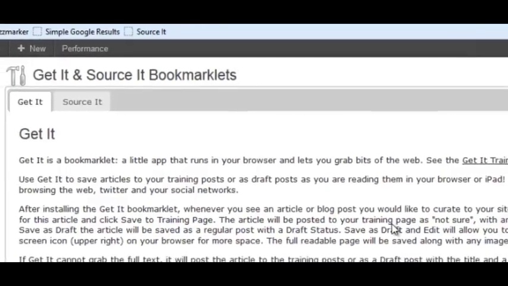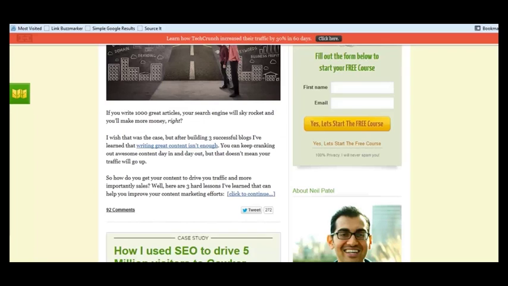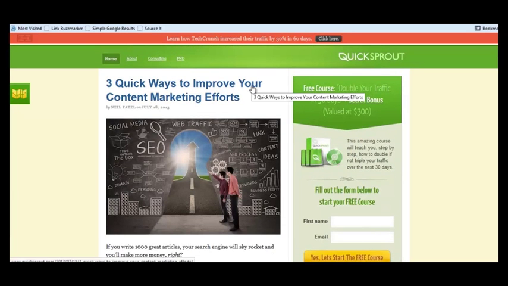And now I'll show you actually what the plugin does and explain it in a little more detail. So let's say that you want to curate content. You want to do the 10 best, whatever, posts of all time, or if you just want to keep informed about what's going on in the industry. This is basically a Google Reader within WordPress. So let's say I wanted to get some information about Quicksprout, and I wanted the feed into this page that I was going to curate. So you'd head over to quicksprout.com, click on the Source It button,